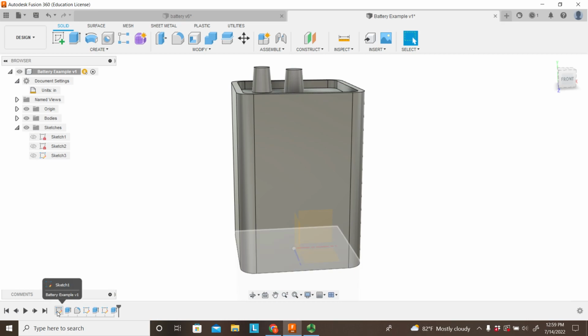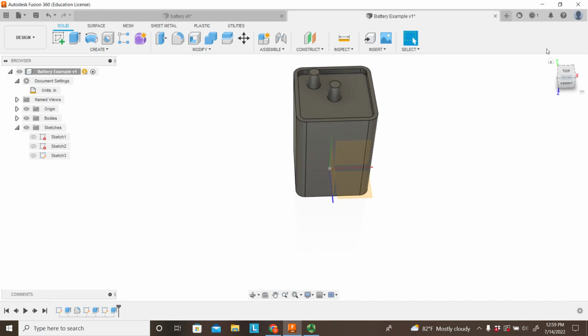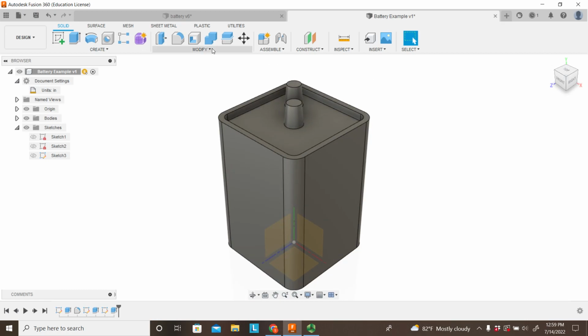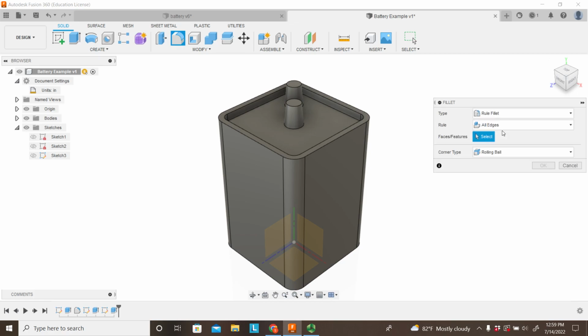So now we have a sketch, an extrusion, we have the fillet, another sketch, another extrusion, which was a cut, another sketch, and then another extrusion, which was a join. And then the last thing we need to do is fillet this top part of this battery. So I'm going to come back here to fillet. And this time over here, I do want you to put full fillet, and you are going to select this top